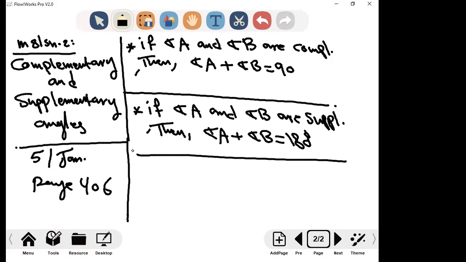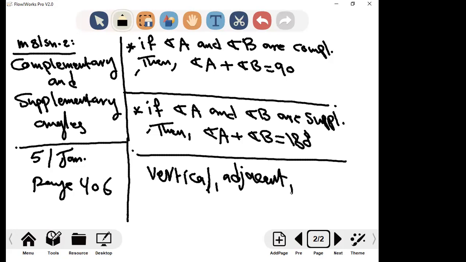Okay? Now, how many pairs of angles do we have? We have 4 pairs, remember? The first pair, what did we call it? Vertical, remember? We said vertical angles are always equal, right? Then we have adjacent angles. Adjacent angles are not equal. We call them neighbor angles, right? Now, if you have the total angles, you can find them. If you have two adjacent angles in a straight line,